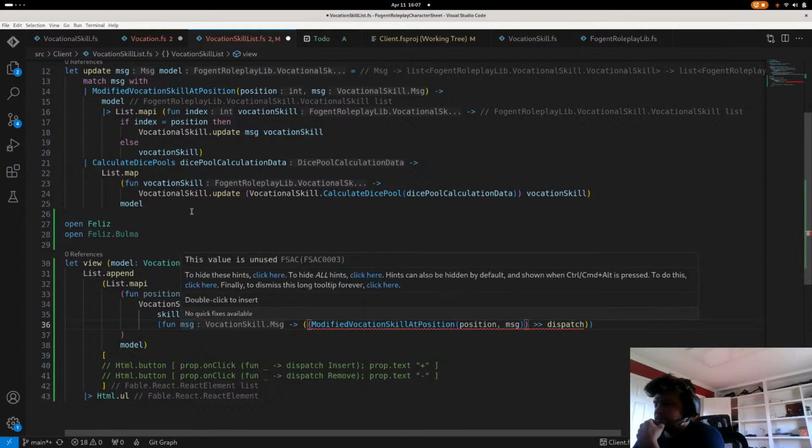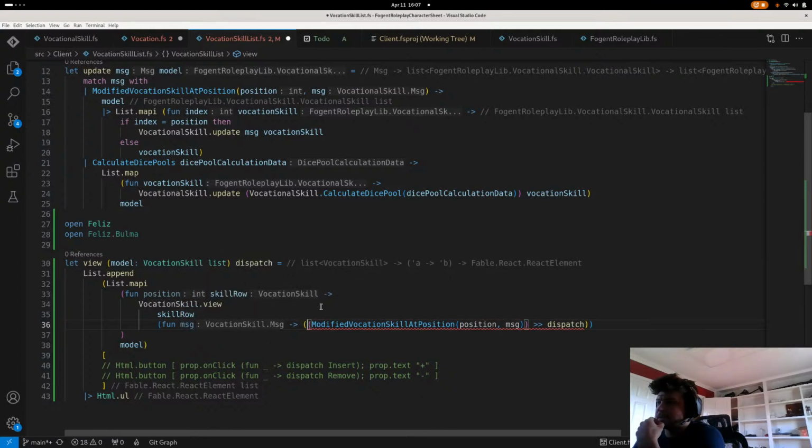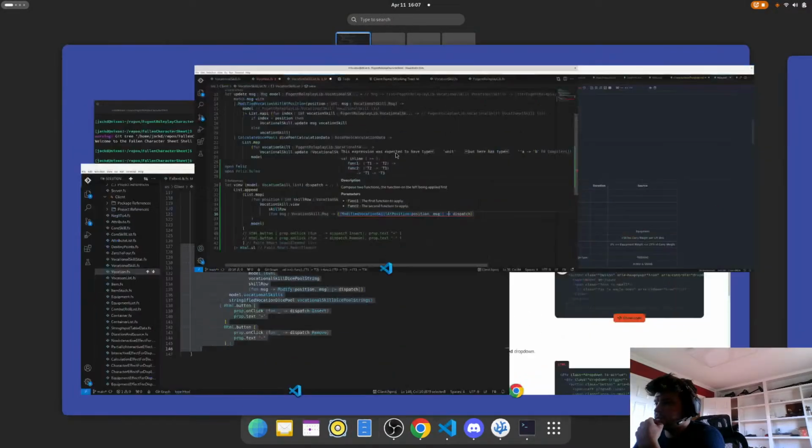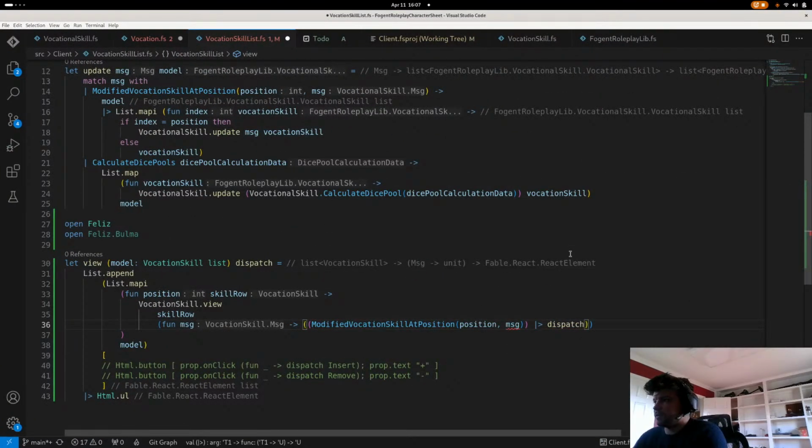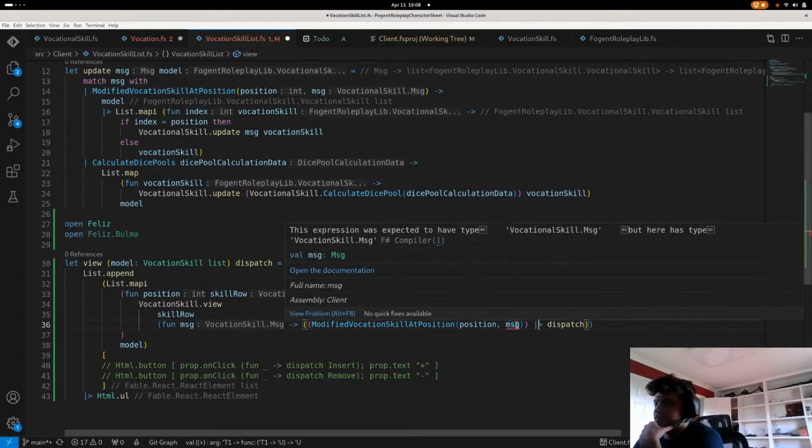Because the dispatch expects a function that takes in a message and returns. You know what? What did I have over? Oh, you know what? It's this. Yep. And then